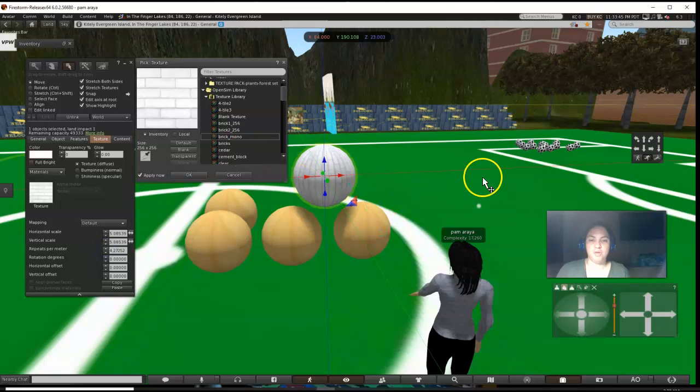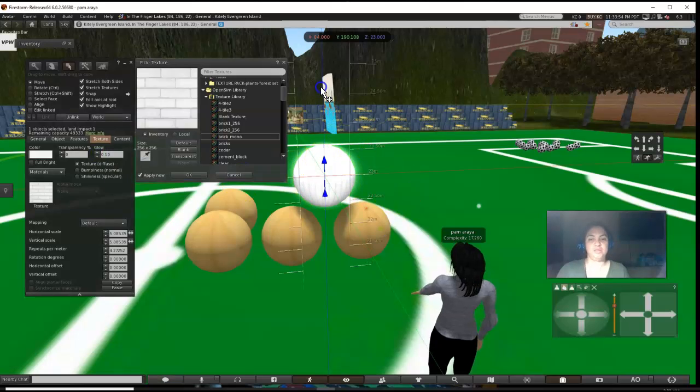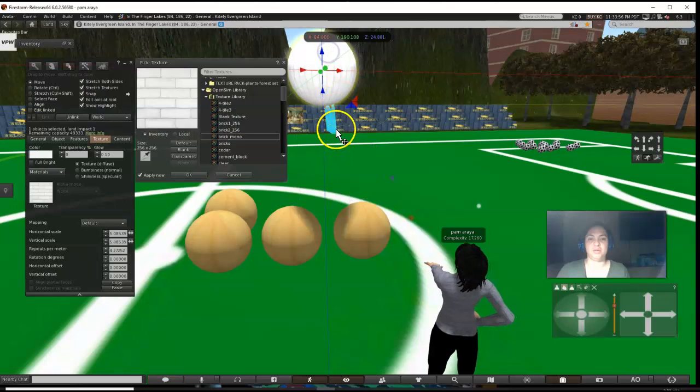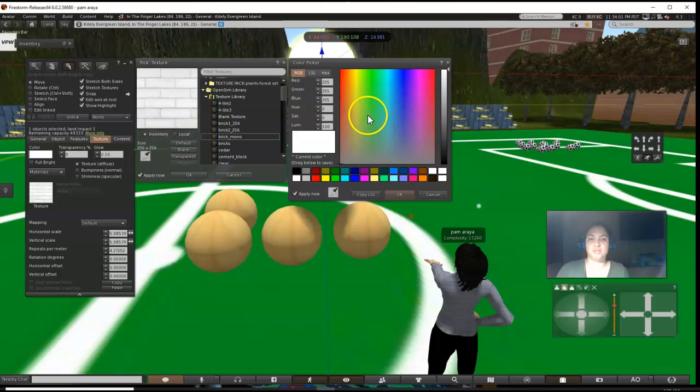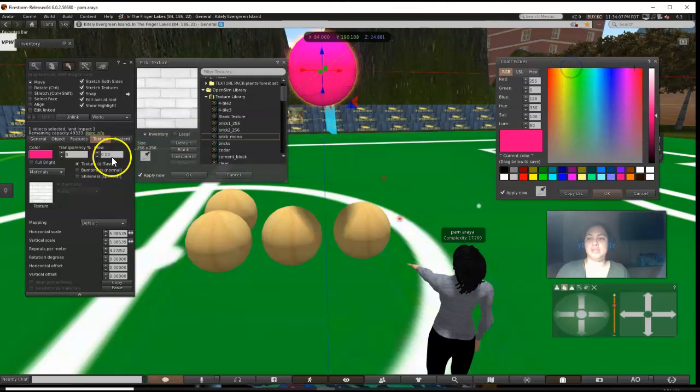Okay, and if you like that, then you can also add some glow. You're really shiny. Hey, it kind of looks like one of those disco balls. I feel like we should hold it up here and dance. Okay, and then if you want, you can add some color. It'll be like a wash over, because then you can go here to the transparency